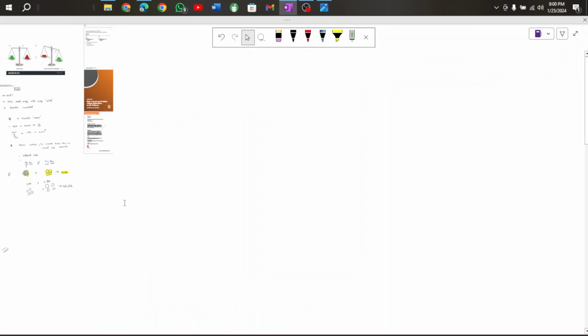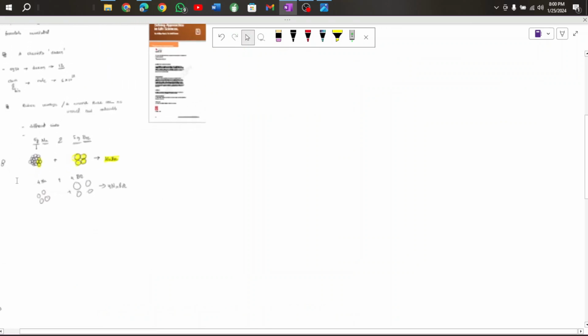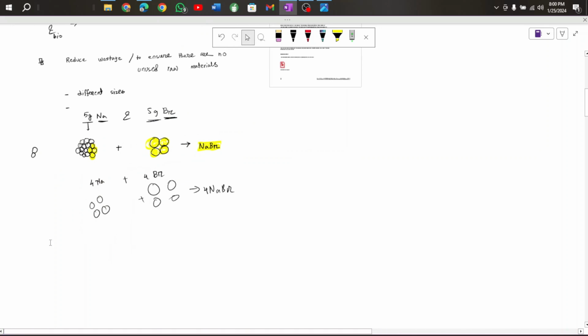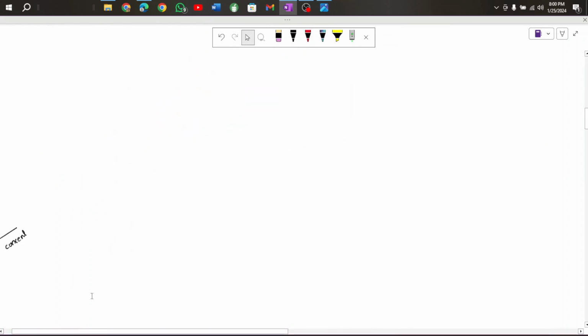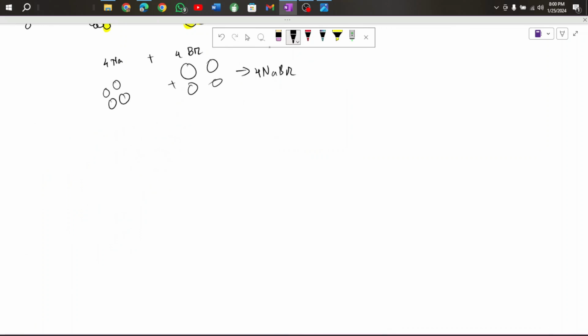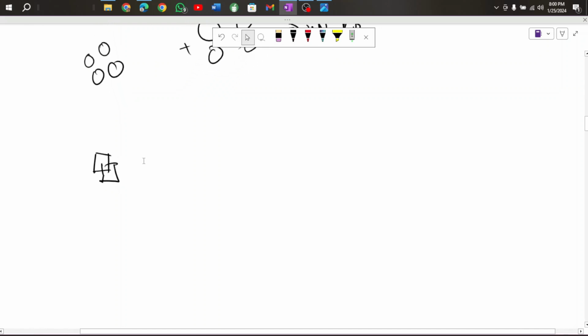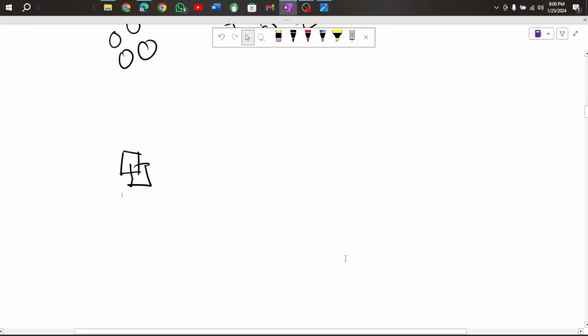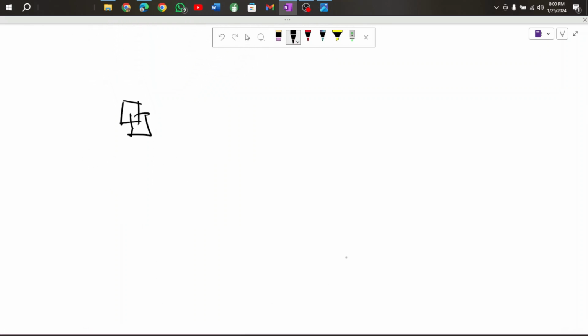So we've discussed what a mole is, we've discussed the why. Let's talk about the formulas associated with it. So essentially there are three main formulas that we need to be familiar with. First and foremost, the most important formula, mole equals mass by molar mass. এটা মুখস্থ করে ফেলতে হবে,